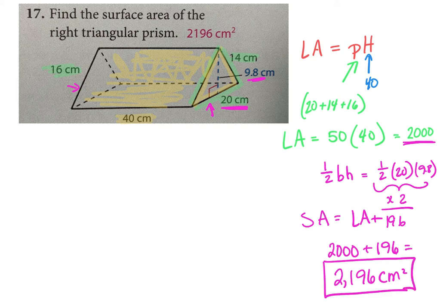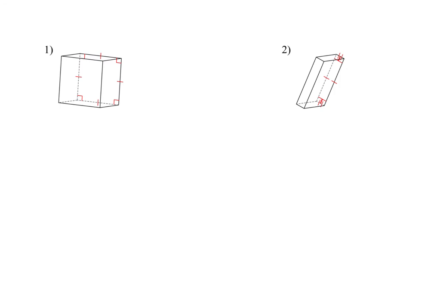All right, questions on that? Surface area of these. So you have 3 things you're going to have to find for me on your test: lateral area, surface area, and volume, okay? And when we're talking about lateral area, really it's all the same for any type of prism. If I were to give you a figure like this, lateral area,